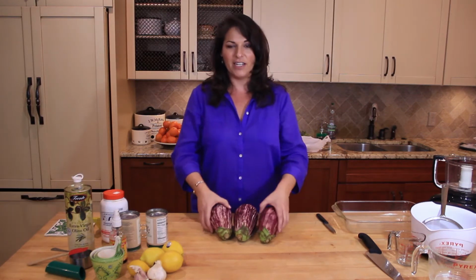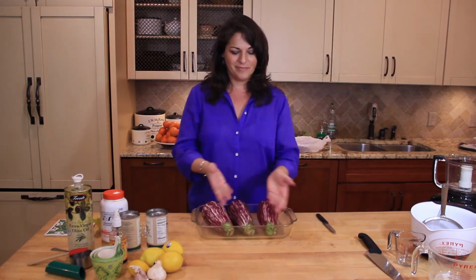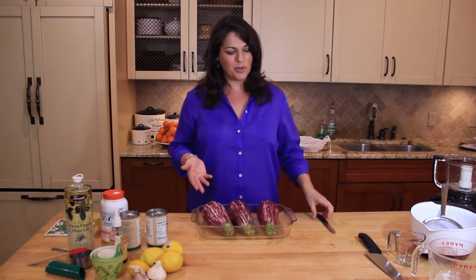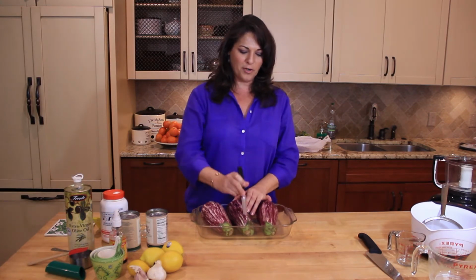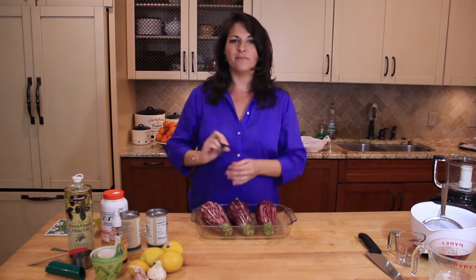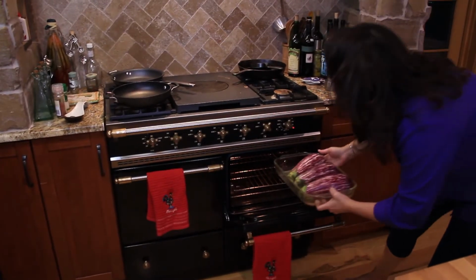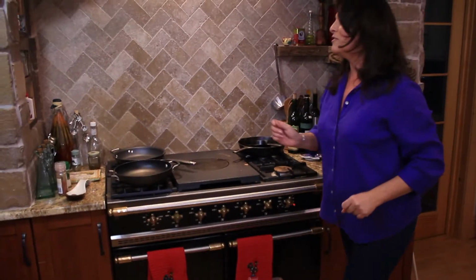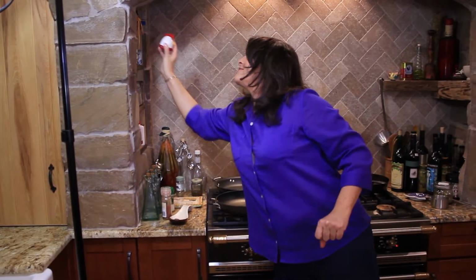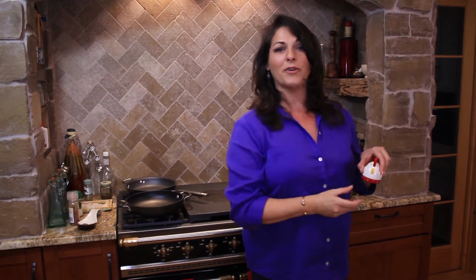You take, we'll say, 3 eggplants. You put them in a glass dish like this. You can put them in a metal dish, but if you have a glass dish, I prefer that. Poke 3 holes in each eggplant, and then put them in a preheated 400-degree oven for 1 hour. And so while we're waiting for our eggplant to cook, now I'm going to show you how to